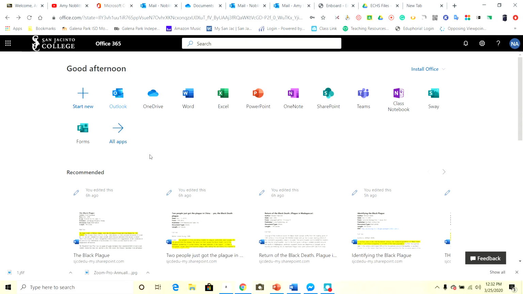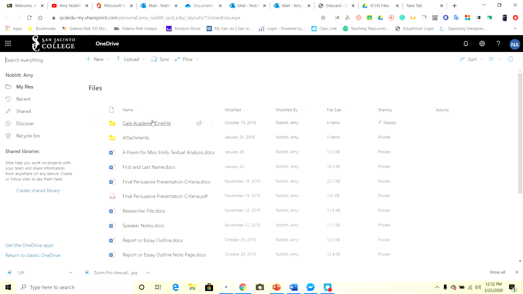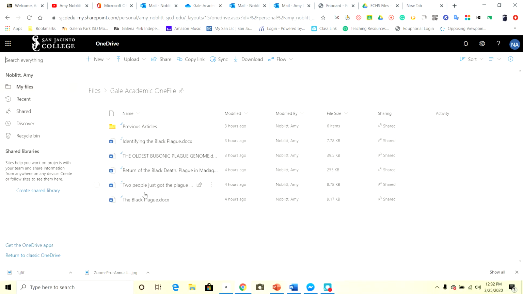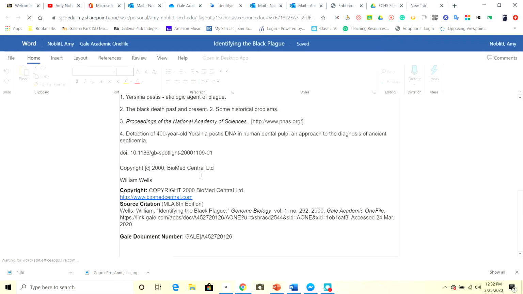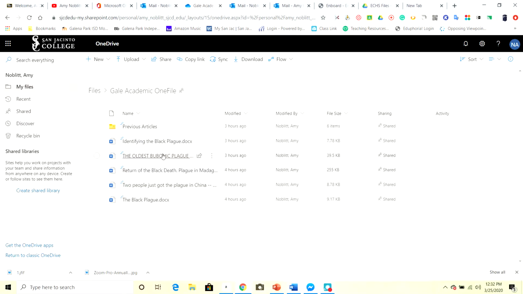All right, so now I want to create an outline, and I'm going to go ahead and use Word Online to do this. I've already opened my OneDrive, and if I go to my OneDrive, you'll see I had that Gale Academic file. I went ahead and only kept the recent ones. I want to put all the previous articles in their own folder, to keep things organized. But I've gone through my files, and I've highlighted just facts that I want to use. I highlighted just information that I thought was interesting that I would be able to use in my own outline,